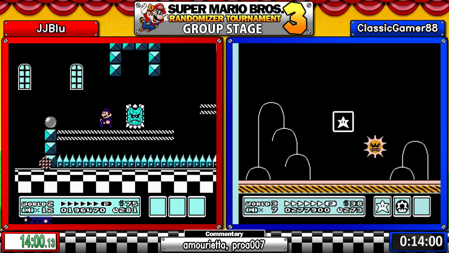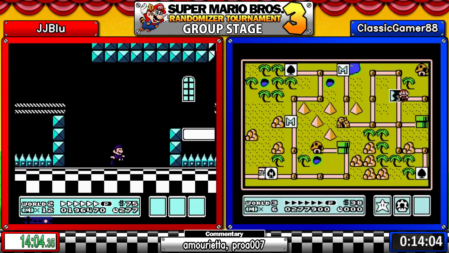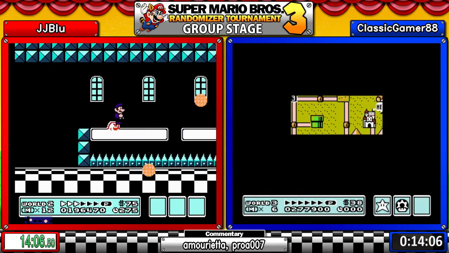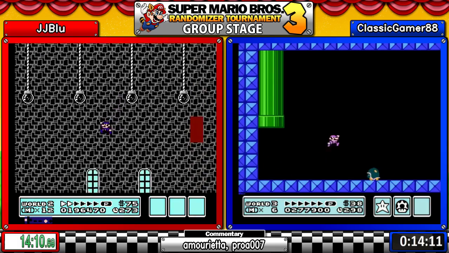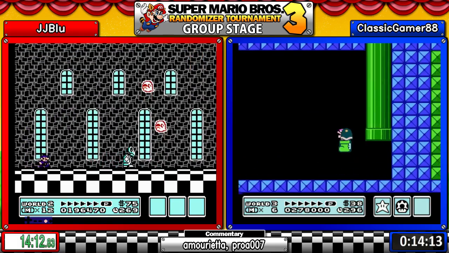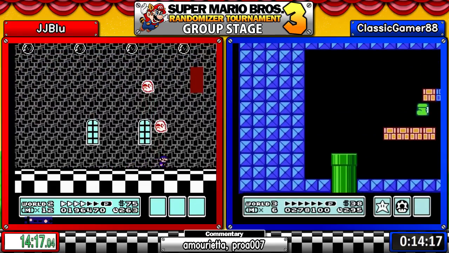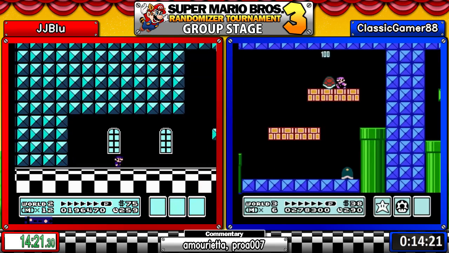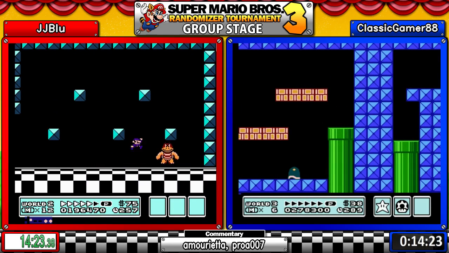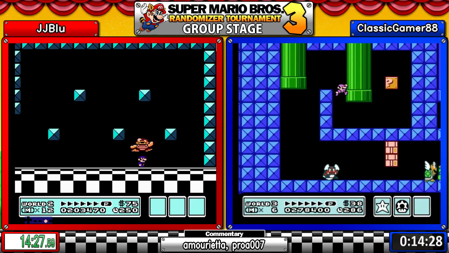Oh no! Angry Sun. His hitbox is a strange one. He missed the ending there, but... Uh-oh, Classic impulsively used a cloud. I think he's having second thoughts as he jumps into 7-5. Oh boy. Okay, granted, there's no Boss Bass or Angry Sun to make this worse. Yeah, that's a good thing, but...